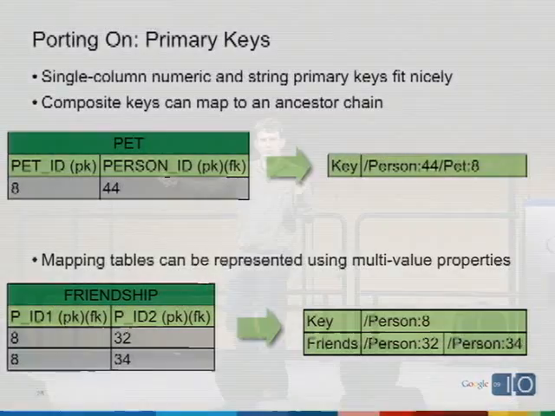Person 8 and person 32 are in separate entity groups. And let's say I want to establish a bidirectional friendship relationship between them. That means that I need to update person 8 in one entity group and person 32 in another entity group. And if I want that to happen atomically, now I'm in a tough spot, right? Because they're in different entity groups. So now it's up to me to decide, well, is it okay if the first one succeeds and the second one fails? Do I want to roll the first one back with a compensating transaction? Do I want to have something sweep through and clean it up later? There's a little bit more to it. Which brings us nicely to our next subject.